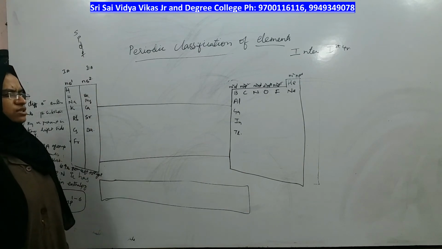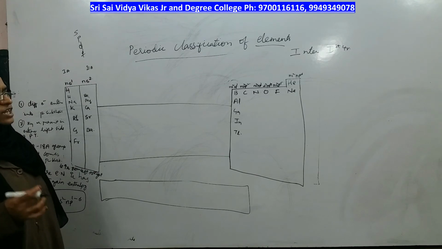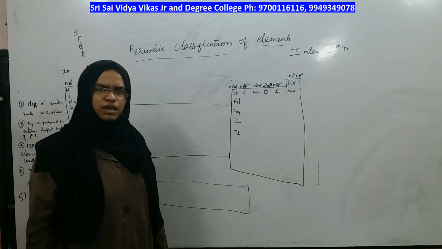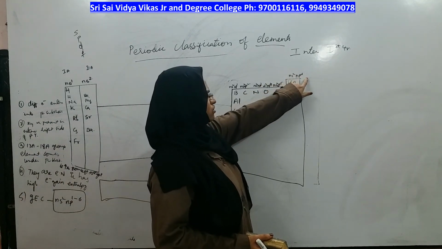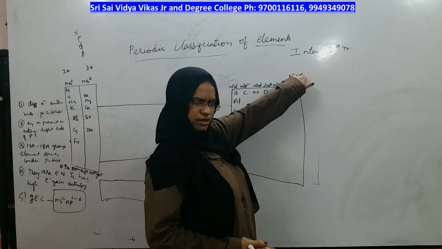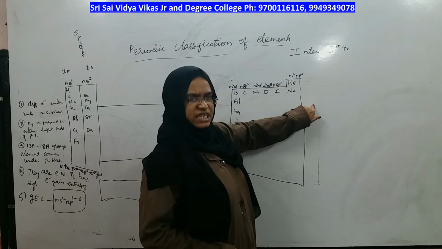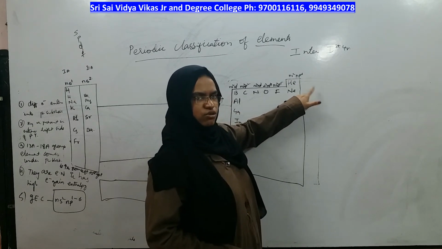The elements at the end of the p block have fully filled electrons and have attained a stable octet configuration. Octet is fully stable, right? No electrons can be added, no electrons can be removed. That is called a stable octet. Therefore, they have the least chemical reactivity and are called zero group elements or noble gases.